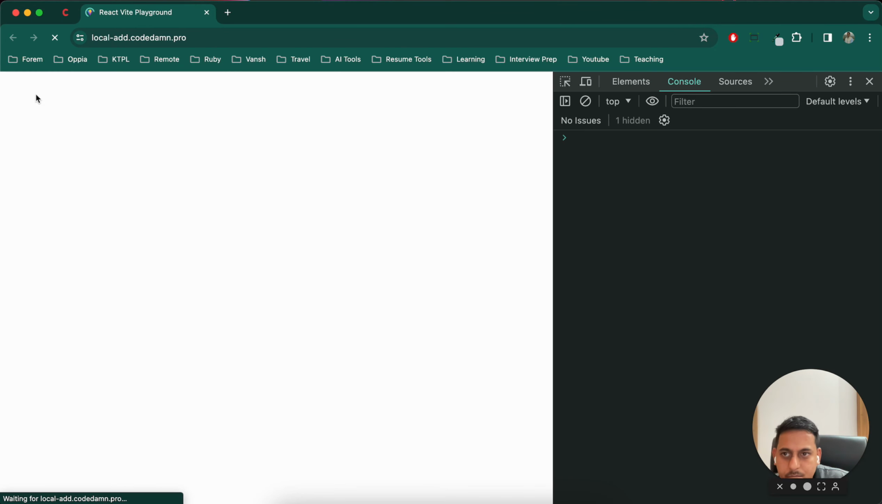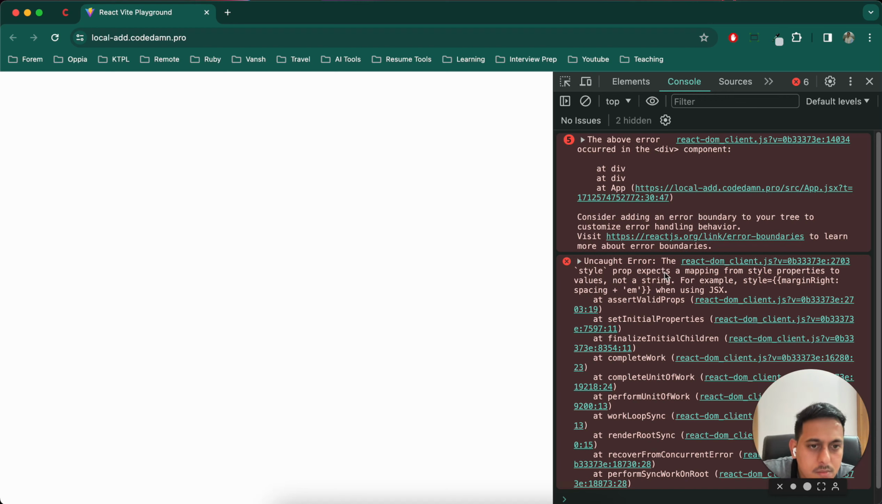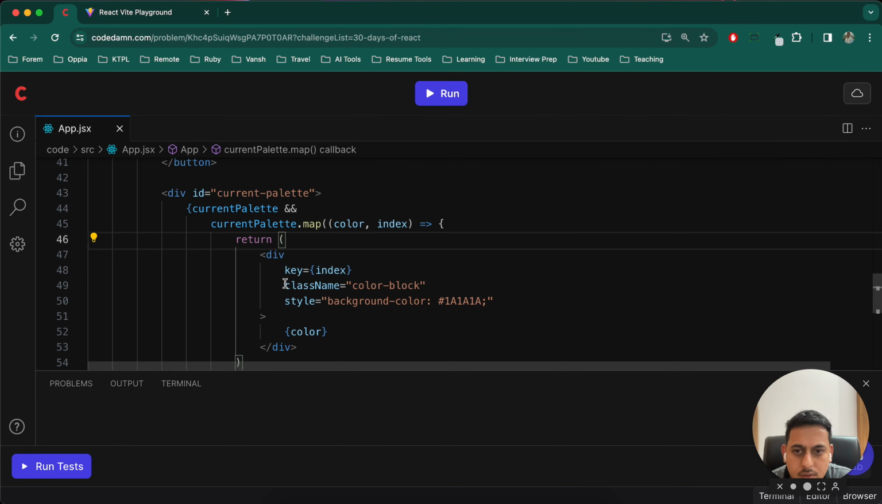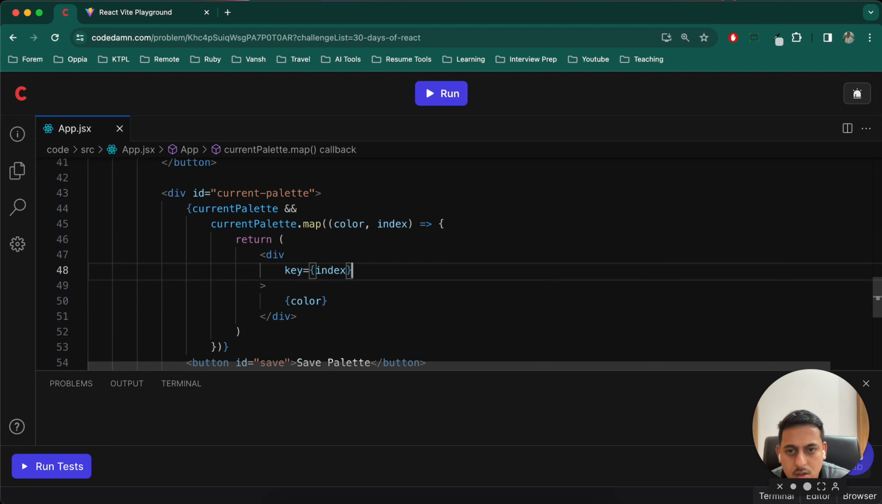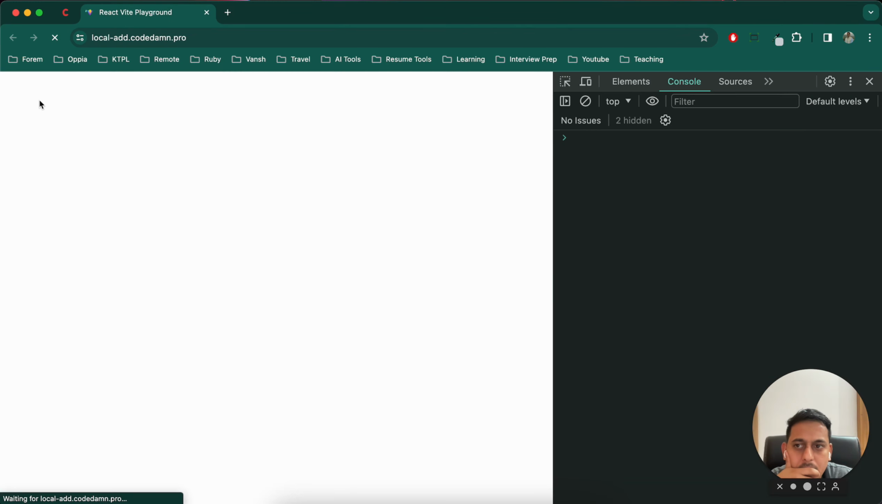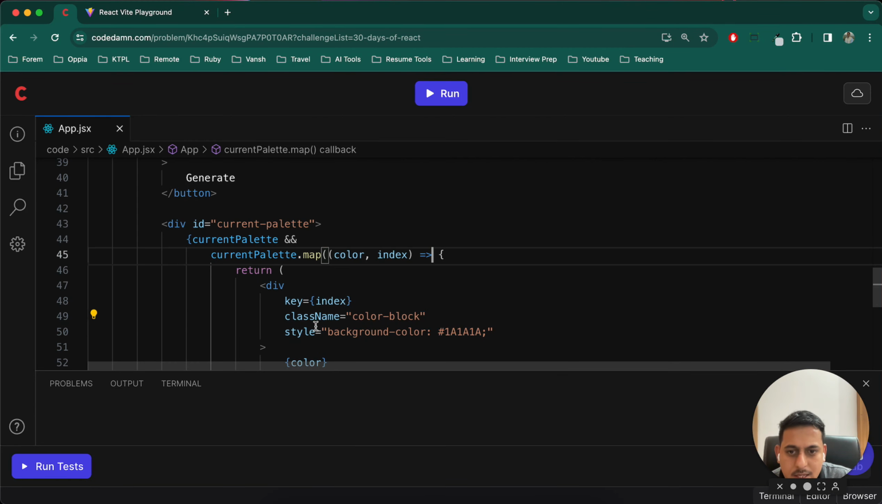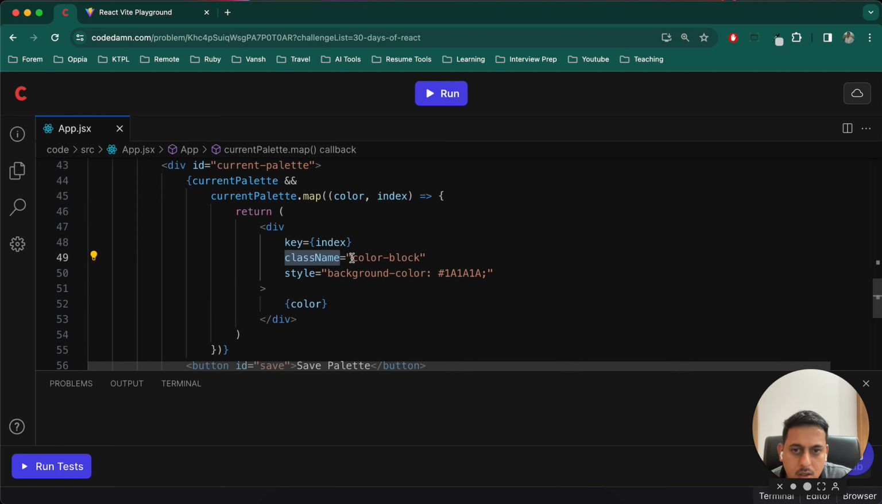Refresh. Okay, let me get rid of these for now. And it is working. That means we have some problem in these lines. Color name should not be a problem. It was provided by them, and this style I can directly make the final change, which is